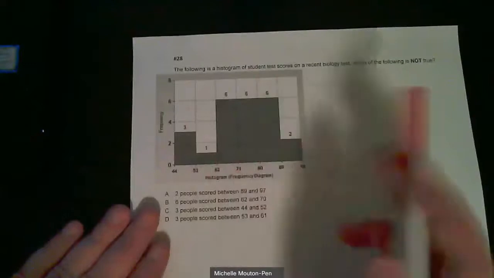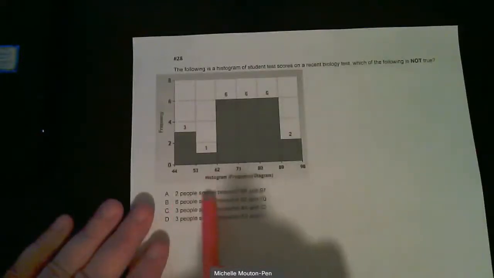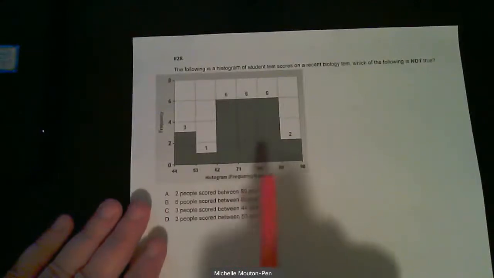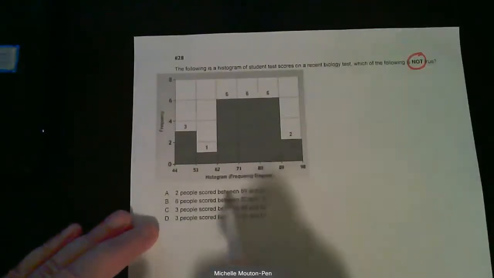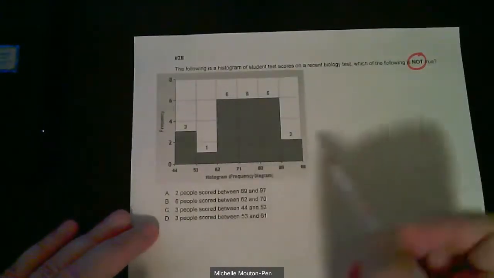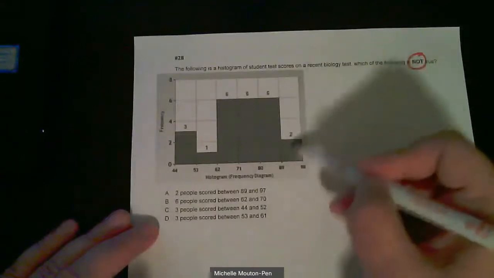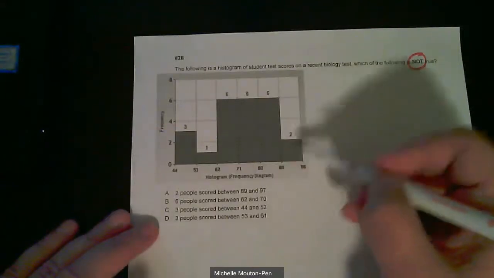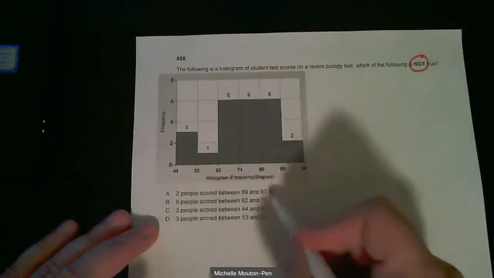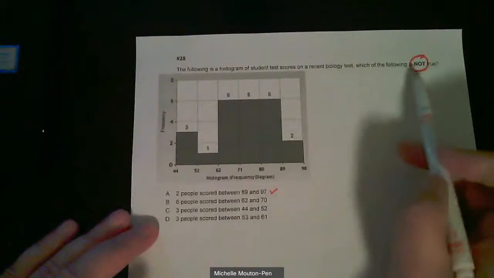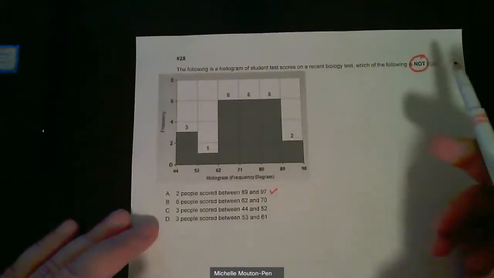So that's how we actually read our histograms. For the first question, it says 2 people scored between 89 and 97, and we are looking for the statement that is not true. Between 89 and 97, that's going to be our last bar on our histogram. If you look above it, that's 2. So that one is actually true,